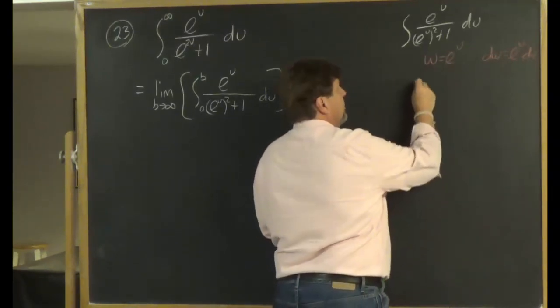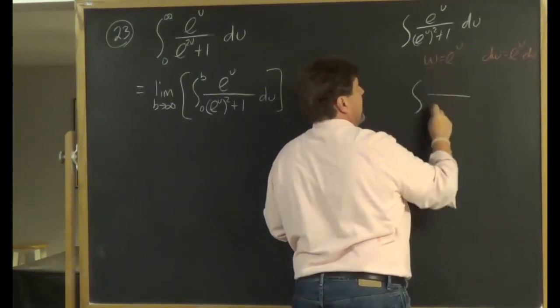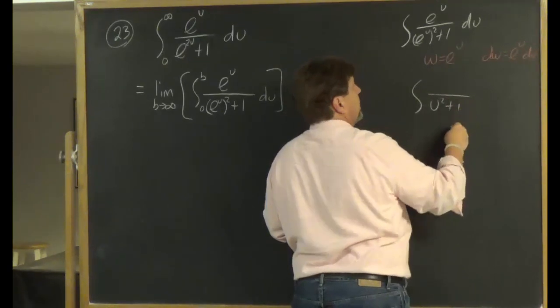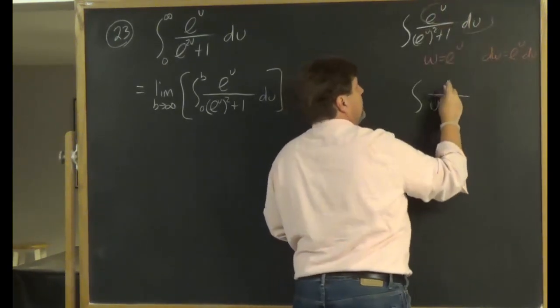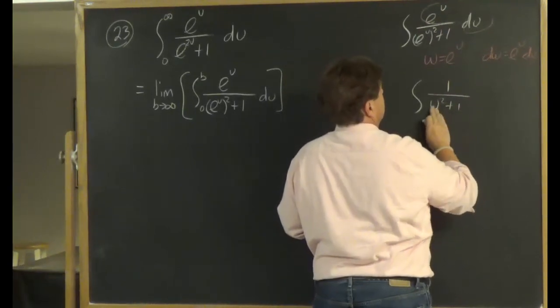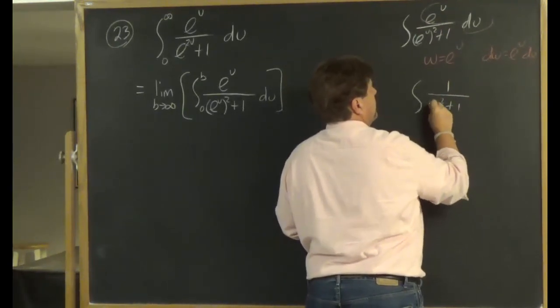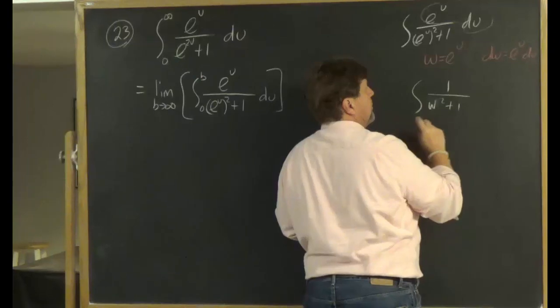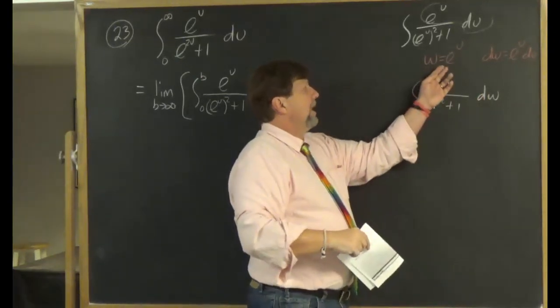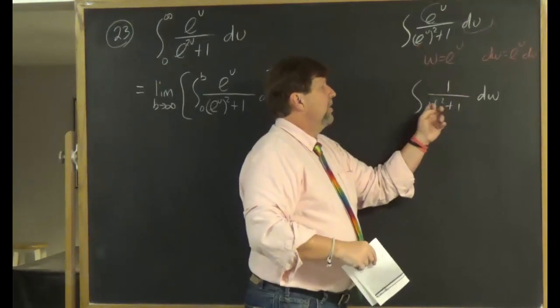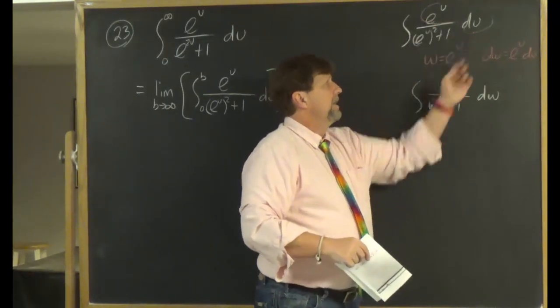So when I substitute in, I see my denominator is a u squared plus 1, and the e to the u du is just dw. Sorry, that should be a w squared plus 1. So when I substitute that w in for e to the u, dw is e to the u du,